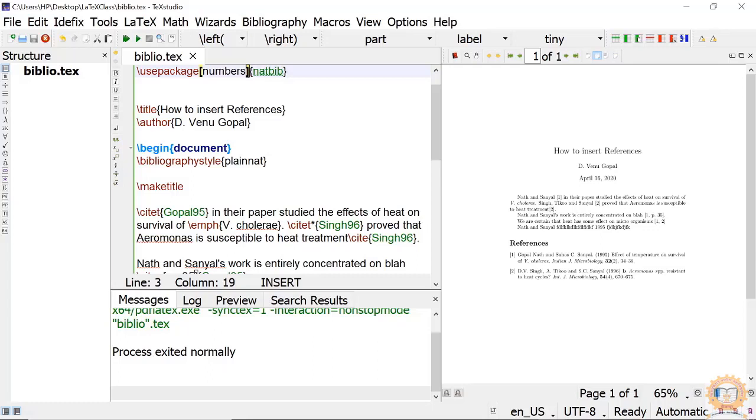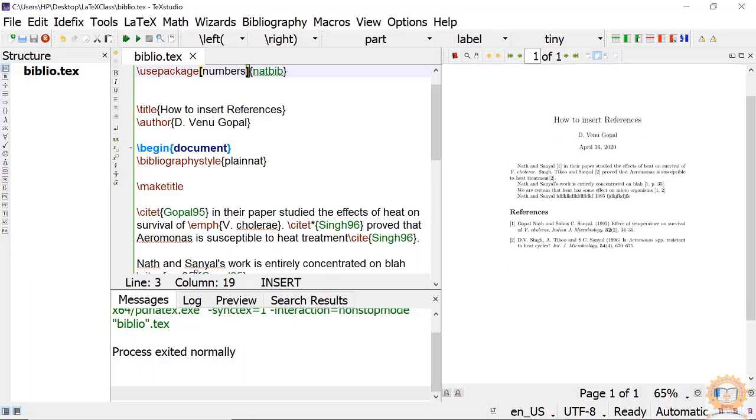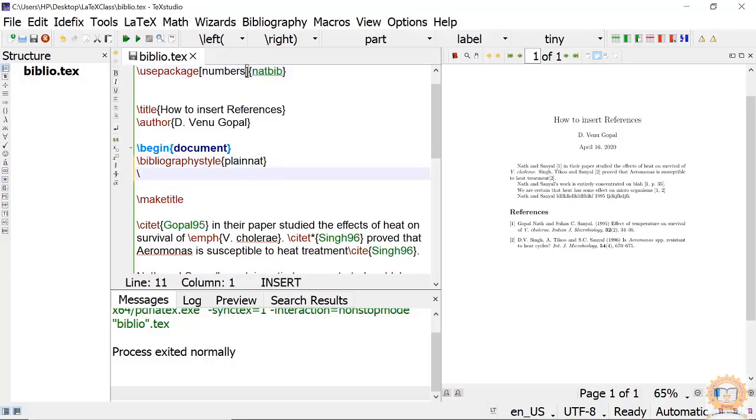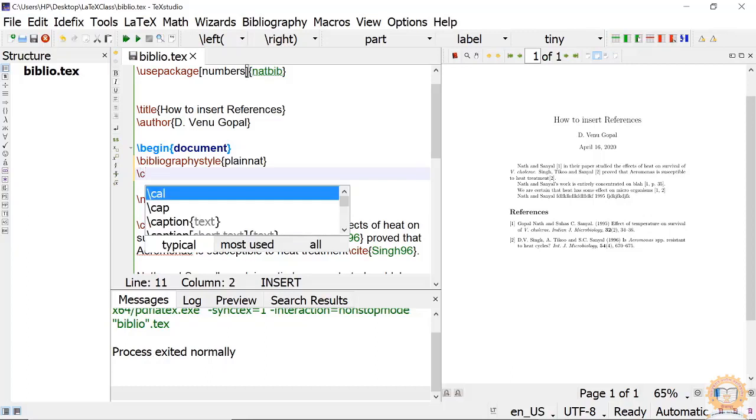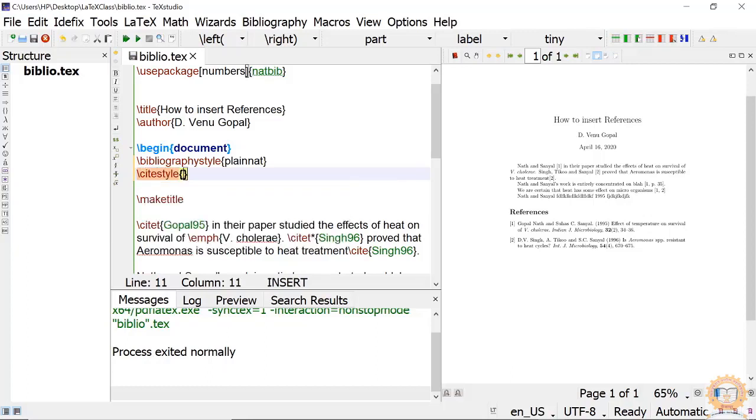So this is for today's thing. And another cite style also I have seen. We can change this to \citestyle.